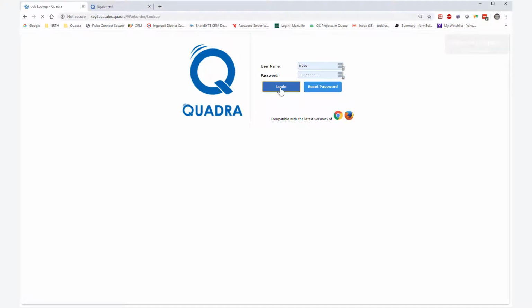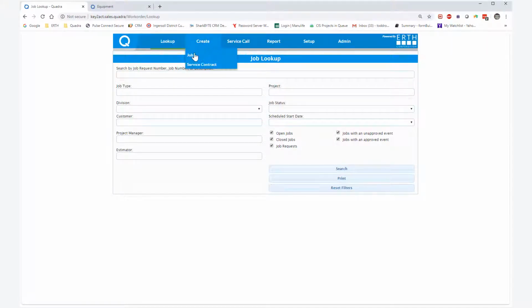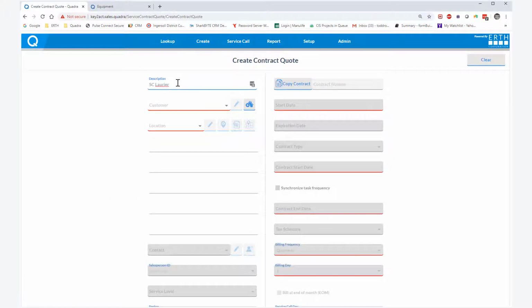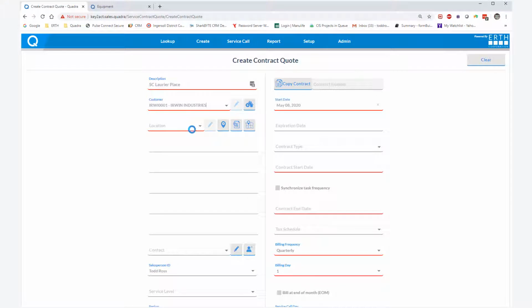So I'm just going to log into the maintenance service contract software. I'm going to just go ahead and create a new contract, make it a service contract for this Laurier Place. The customer was Irwin, and it automatically looks and pulls up the correct account. And I look for the address. And see that there's 2 addresses there, so I'm going to select the Laurier address,